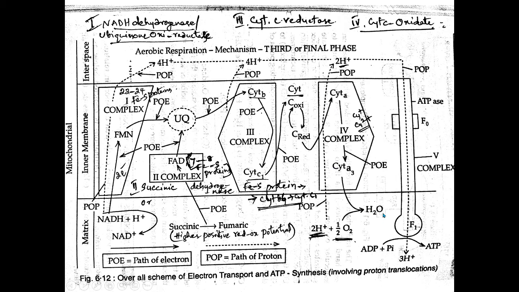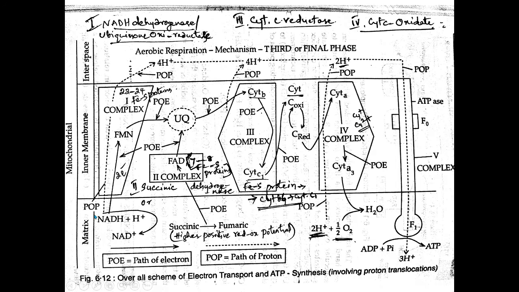Copper proteins help transfer the electrons from cytochrome A to cytochrome A3. So as a whole, complex 1, complex 3, and complex 4 take